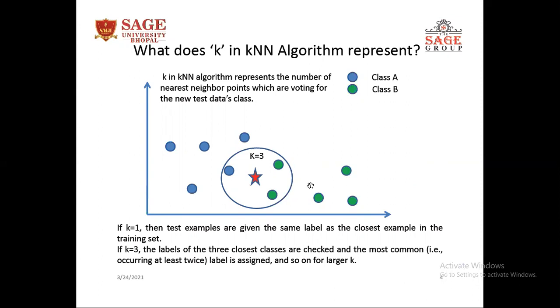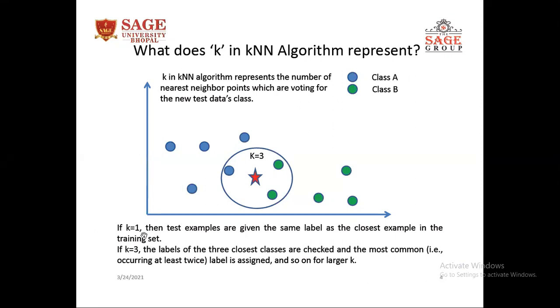First, it will calculate the distance between the test data point and all the data points present in the training data set. In this training data set, there are a total of 10 points. And you have a test example which is represented by the star here. So first, the KNN algorithm calculates the distance between the test example and the training examples. Now, another thing is that you have to take the value of k. You can choose a random value of k. Once you get the desired accuracy, you can set the value of k at that value.